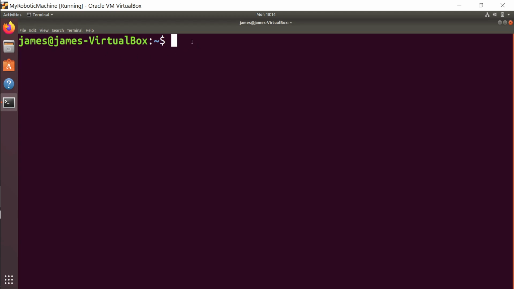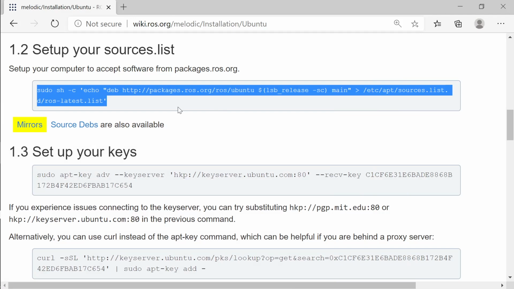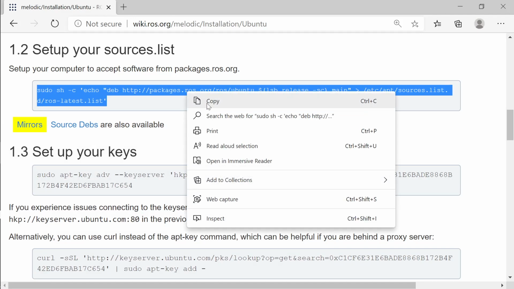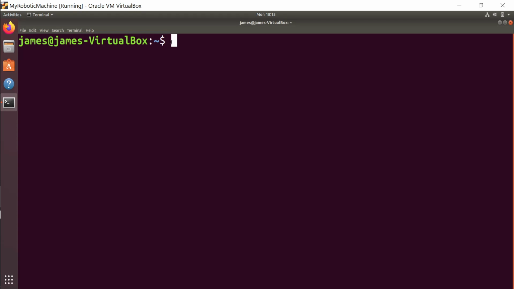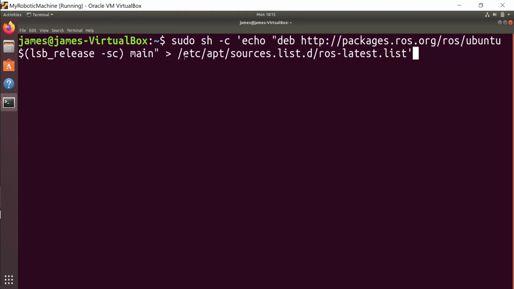Remember, I've installed the virtual machine guest additions. In the beginning I mentioned that you need to do this for copy and paste. I copy on my host machine, where Windows is running, then I go inside my virtual machine, right click and paste. I'm able to do this because that installation is there. Otherwise you cannot copy this link from here. In that case, you can also use a browser inside your virtual machine and go to the same link. Now I go ahead and update my packages list,